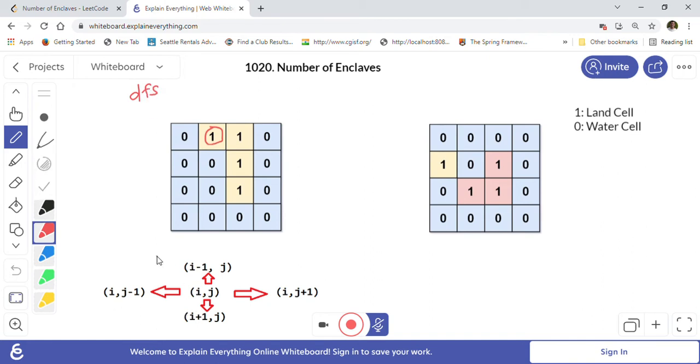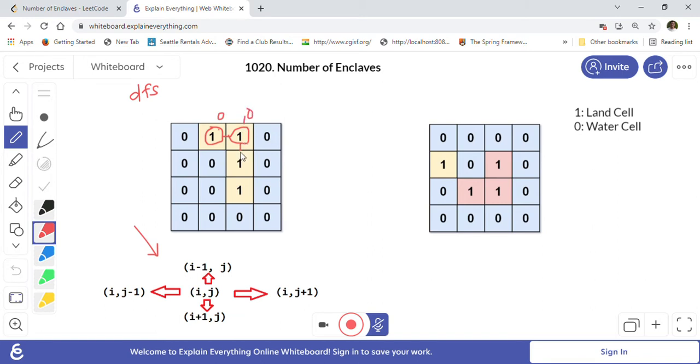That is mentioned here: upward, downward, on the right side, on the left side. Whenever we see any land cell, we will visit it and convert it to zero. This one I will convert to zero. Then this one also, whenever we visit, we convert to zero.